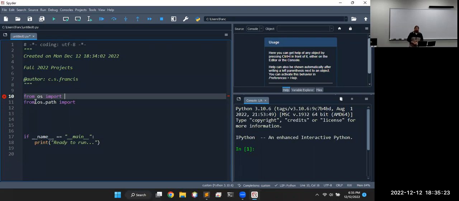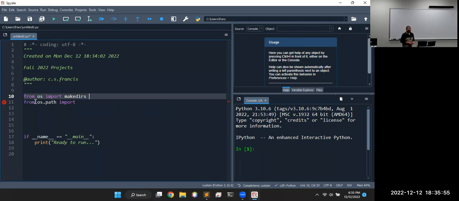So the ones we're going to use most often, from OS, that stands for operating system. So that module has a whole bunch of things so that we can reach back and directly interact with the operating system we're running on. But the one that I thought would be most useful to fill our time with the odds and ends would be dealing with files. So there's a couple in here. I'm going to add makedirs,